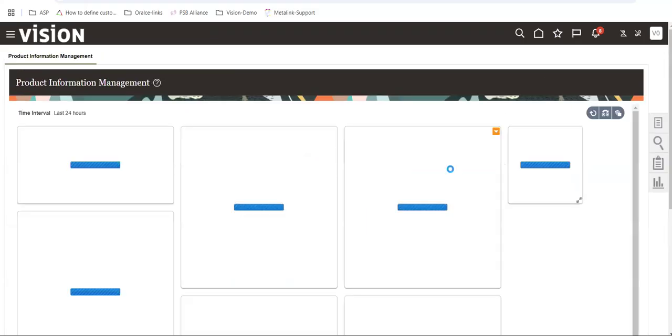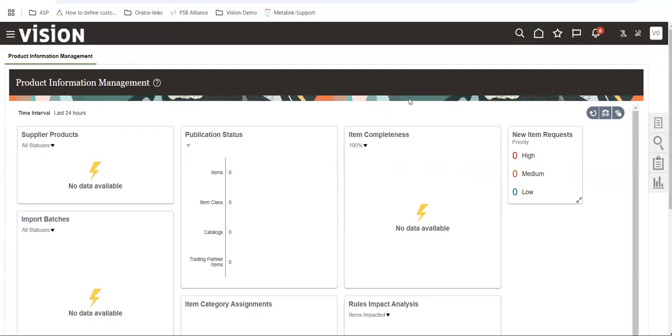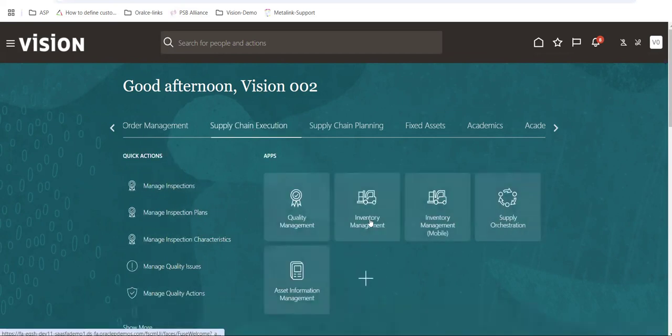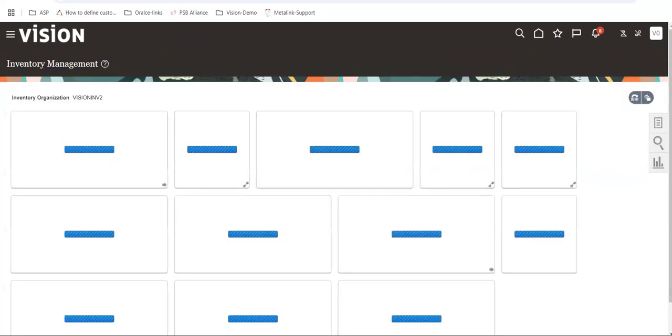Anyhow, we have not configured order management and that kind of stuff yet. So in order to test that, you need to go to inventory management, simple miscellaneous transactions. By doing that, we'll come to know how this will behave. Okay, so now go to supply chain execution, inventory management,